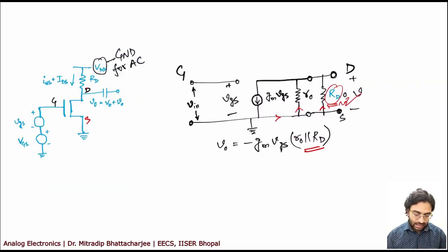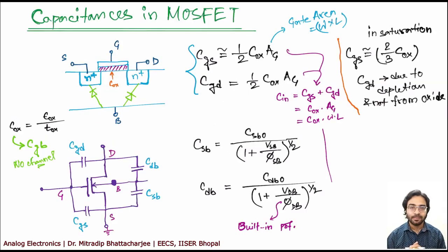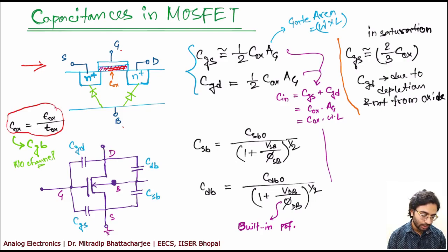The next thing that we have is the capacitance in the MOSFET. Now if you look at the MOSFET device, you have an oxide sitting over here which will provide a capacitive effect in this region between gate and bulk when there is no channel. So I already said this value is known as Cox because of this oxide present here, and the value I said it is Cox equal to epsilon ox by Tox. Remember, in this case the capacitances are capacitance per unit area.